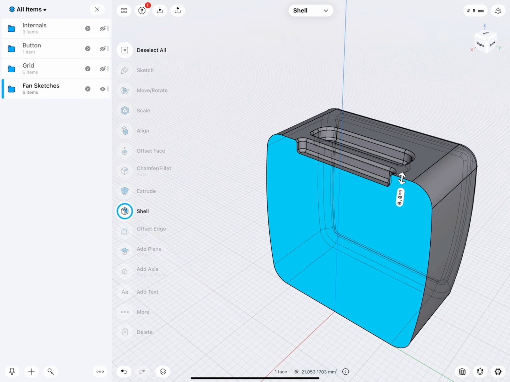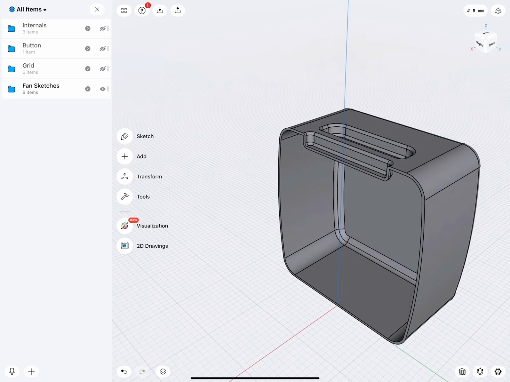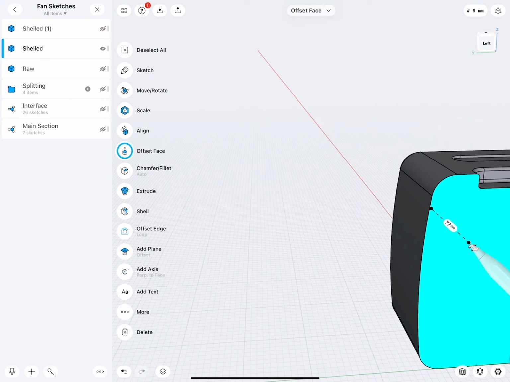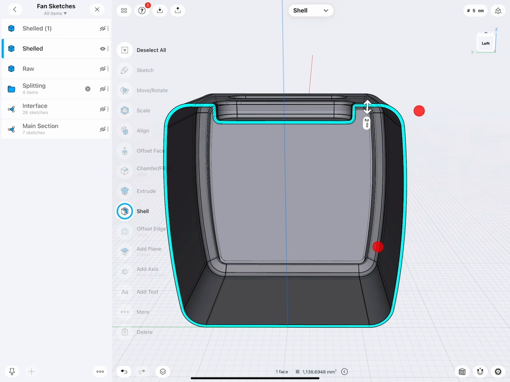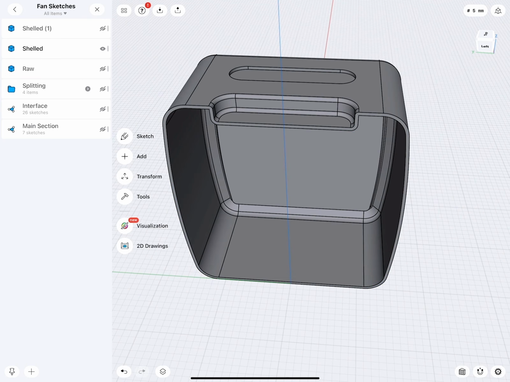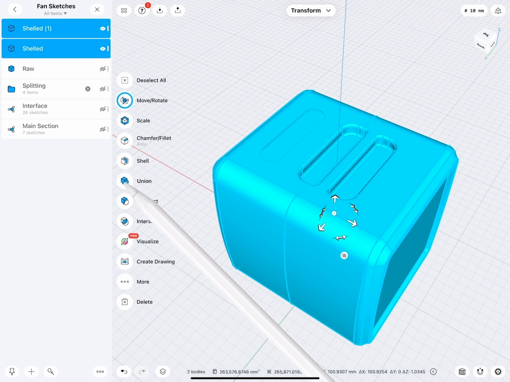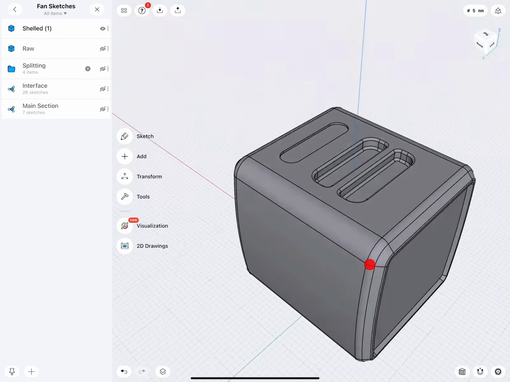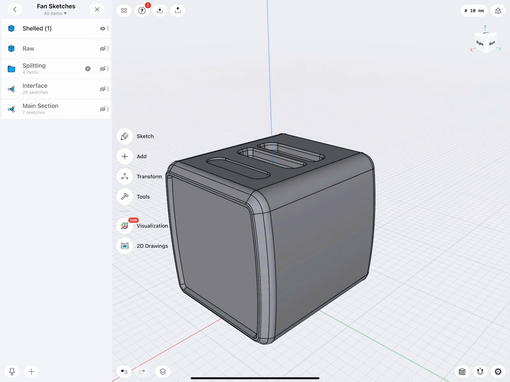So here, shell 2 millimeters. Very nice. Now there you see, it's all in there. Switch to this part, shell 2 millimeters. Very good. Also, this works. Now we have two sides. And you know what we do? We select them and join them together. Perfect. Because there were two halves, I had an internal center flat face, which I was able to use for the shelling. And then I put them back together.